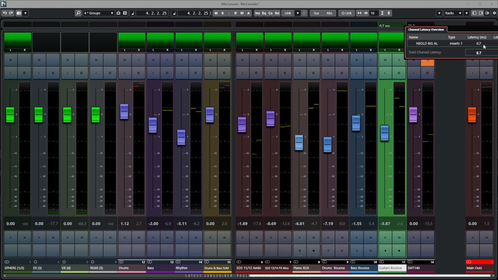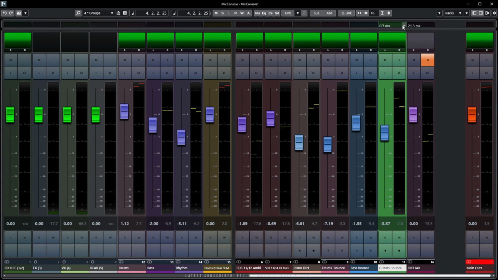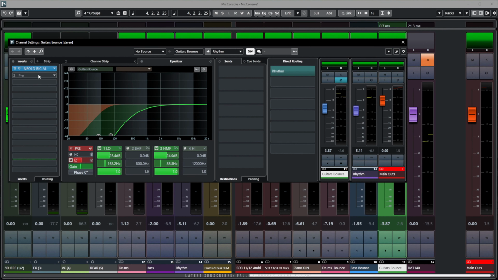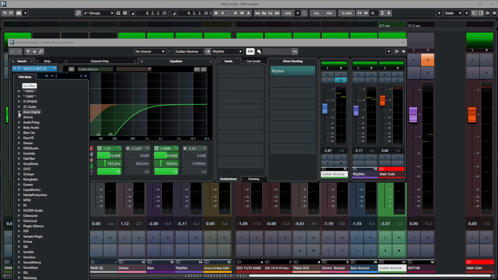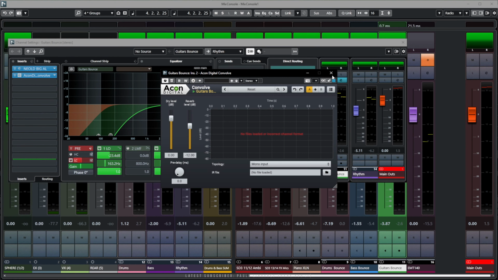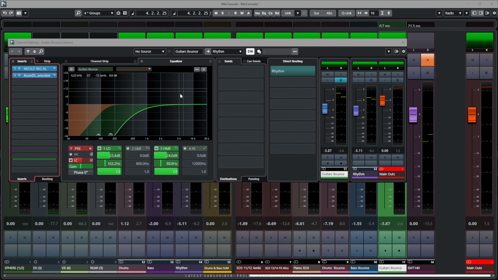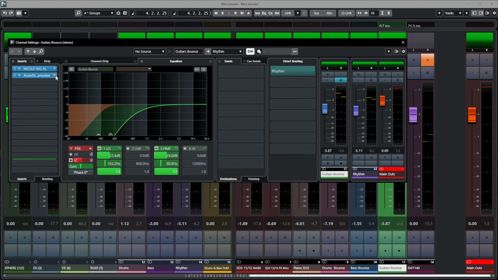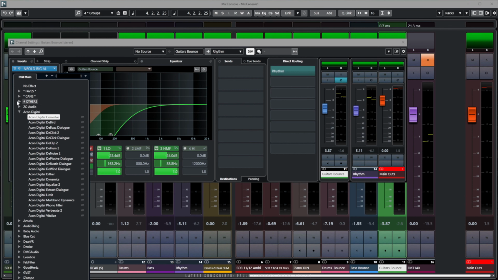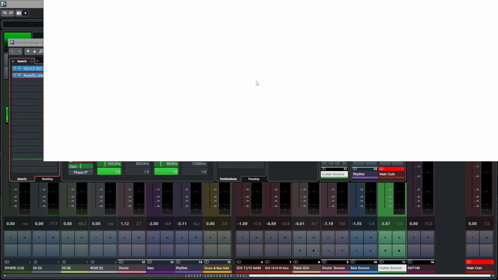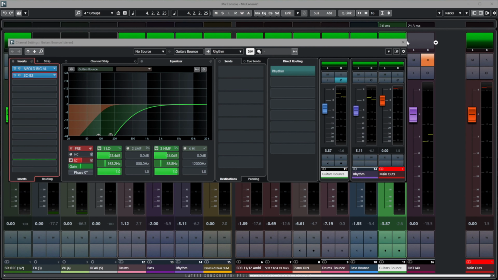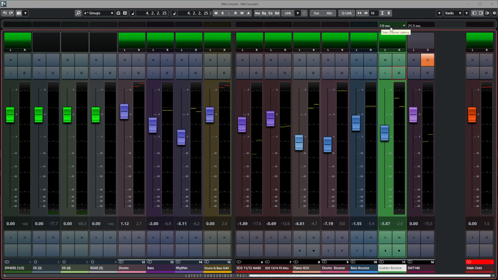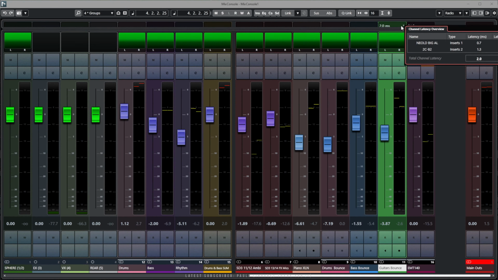There's a Neo Big Al, which is 0.7. So if we were to add, for example, another plugin there, we've still got 0.7. Let's find something that's a little bit bigger. There you go. Now you can see that's gone up to 2 milliseconds for the total channel latency. And if you click the little arrow there, you can actually see